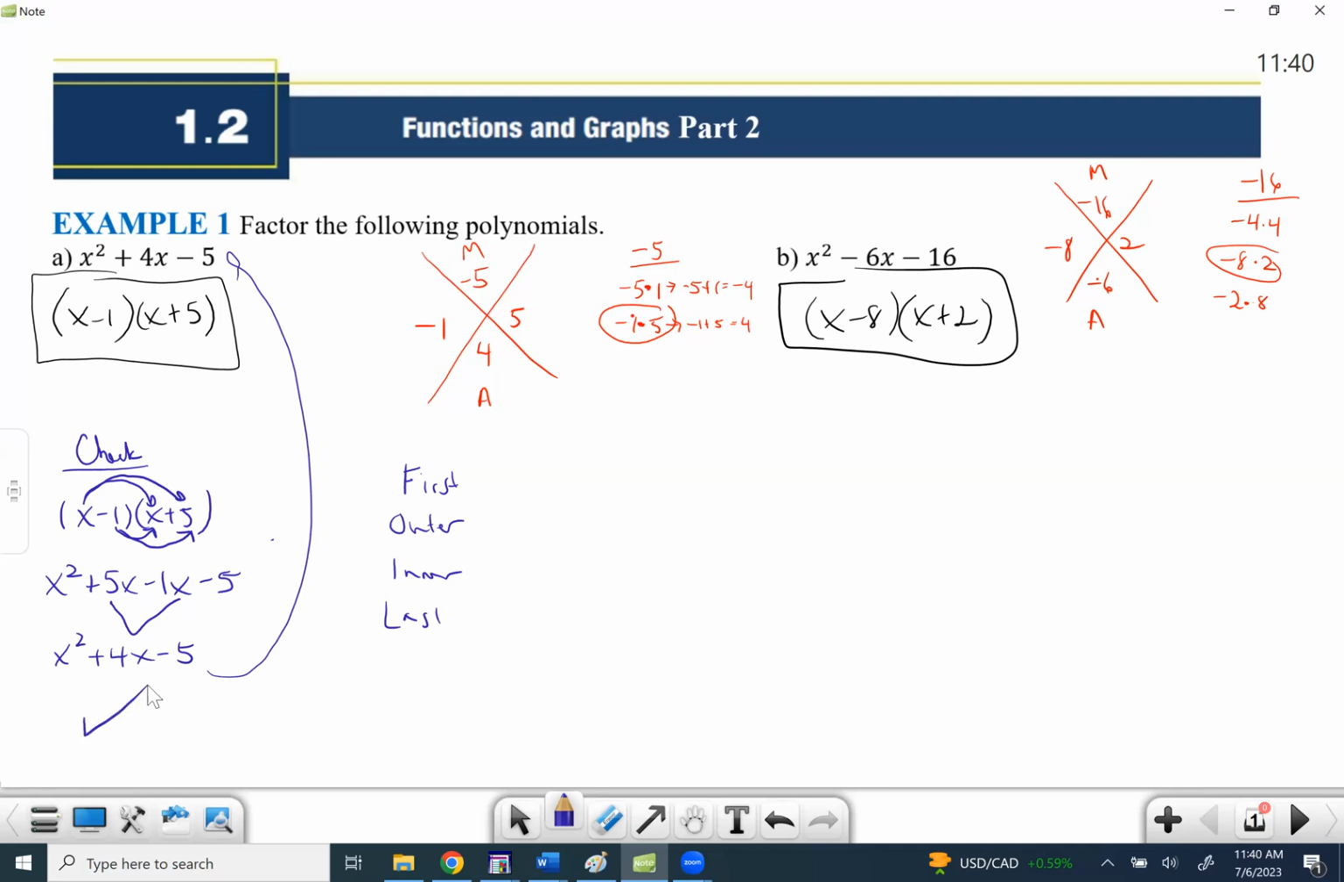Let's do the same thing on this other one, because it's very powerful to be able to FOIL these and go, yep, I got it. That's the one that's going to do it. All right, so x minus 8